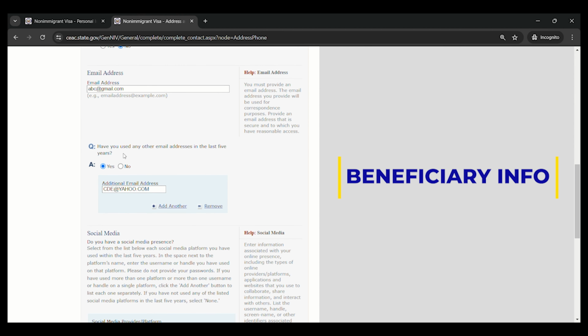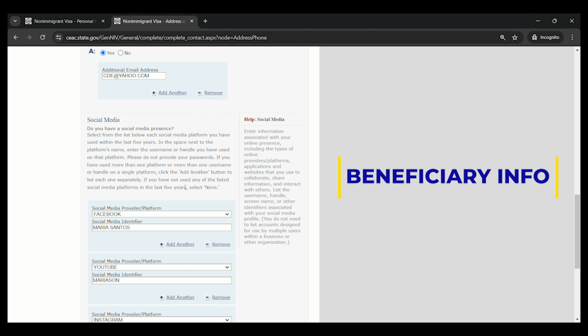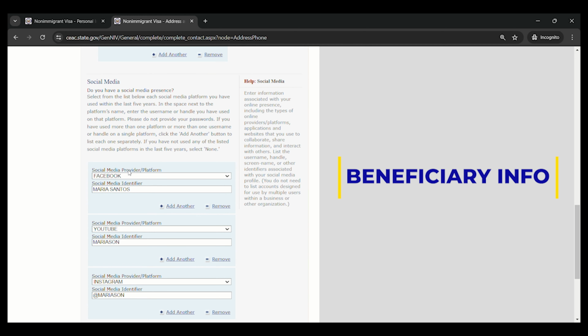And the next question is, have you used any other email addresses in the last 5 years? I answered yes, and I added. If you are maintaining several valid email addresses, you have to click on add another, and then just input another email address. Right. Social media. Do you have a social media presence? So select below the social media provider or platform, for example, Facebook.